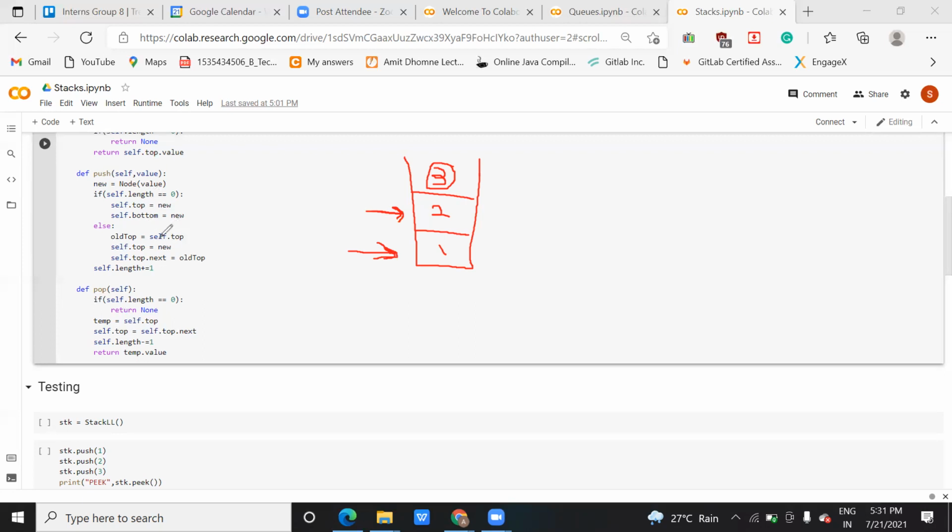So whatever the top element is will now become the old one, and you will assign a new value to self.top. Now self.top.next, with respect to this top element, what will be the next one? Obviously the old top value, right? It is like a transitive kind of dependency, a to b, b to c, c to a. Do you understand?